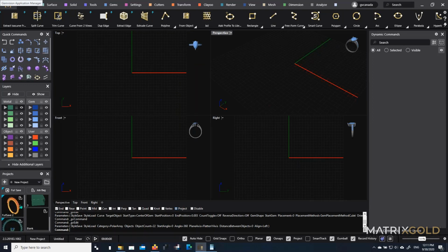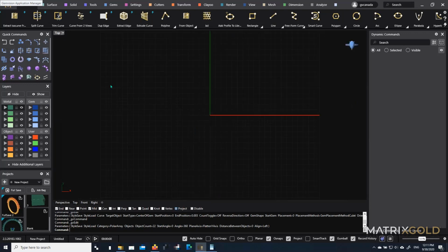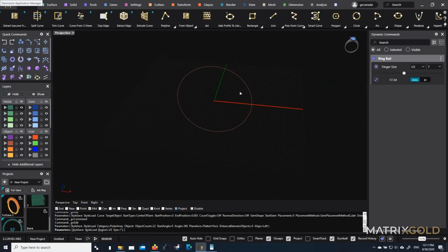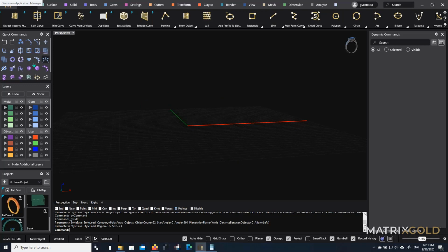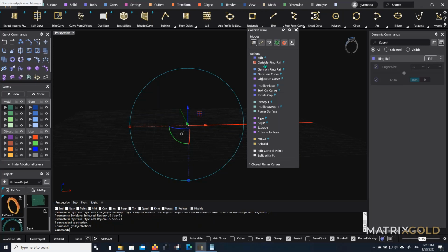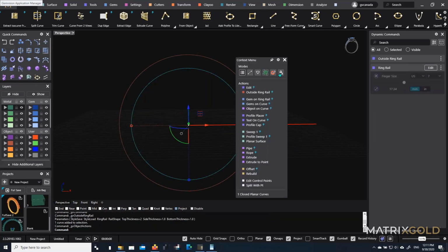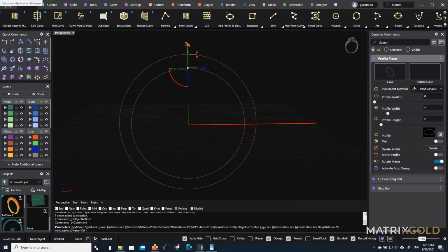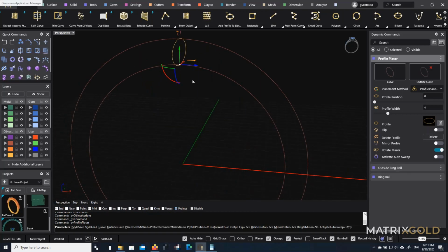So for example, like this one here, the first one I showed you with the band, where the gems will realign itself. So if I go and do finger rail, so what I'm gonna do here, so normally, so let's say if I was doing a normal band, what I would do is I would just create a finger rail, outside ring rail, add a profile, attach that profile to the outside,